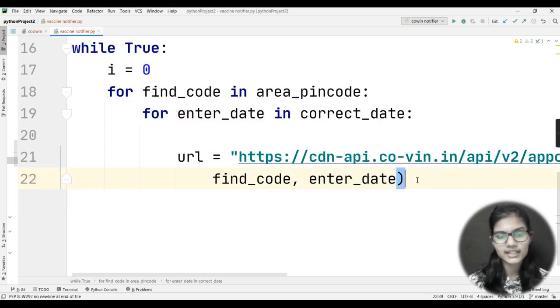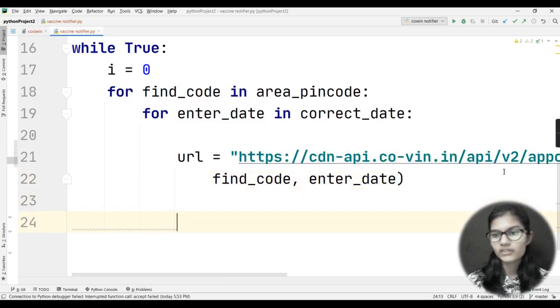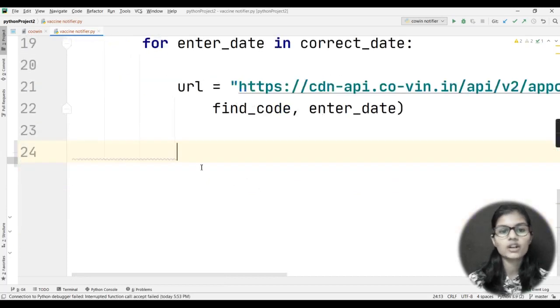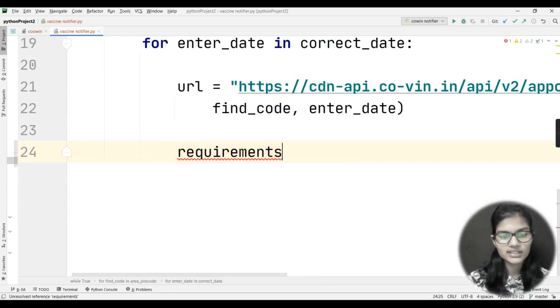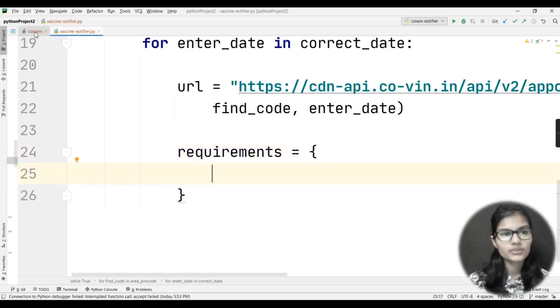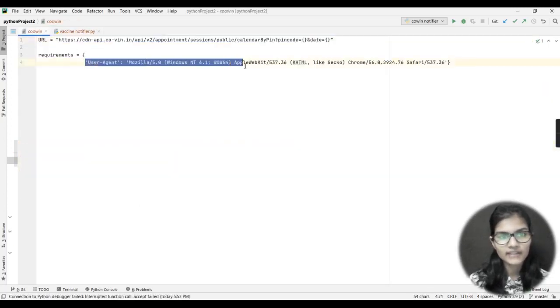Now this is my URL that I have applied here, and whenever we apply some URL, we also give out the requirements here. So I'll be writing here requirements is equal to, and basically I am again having the requirements and copying all of these things here.